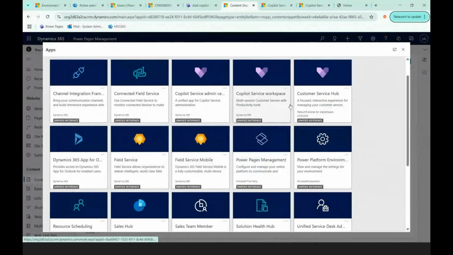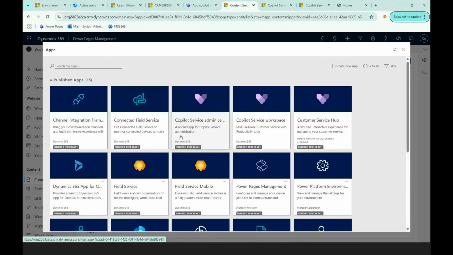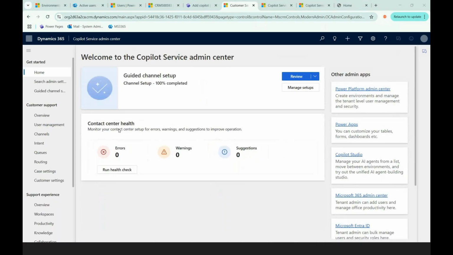All right. I hope everybody can see my screen quite well. This should be a familiar view if you are using Dynamics 365 today, where you can select all of the apps or anything that you want to work on or that you have a license for. In this demo, we're going to go to the Copilot Service Admin Center. I can select that here. Okay,